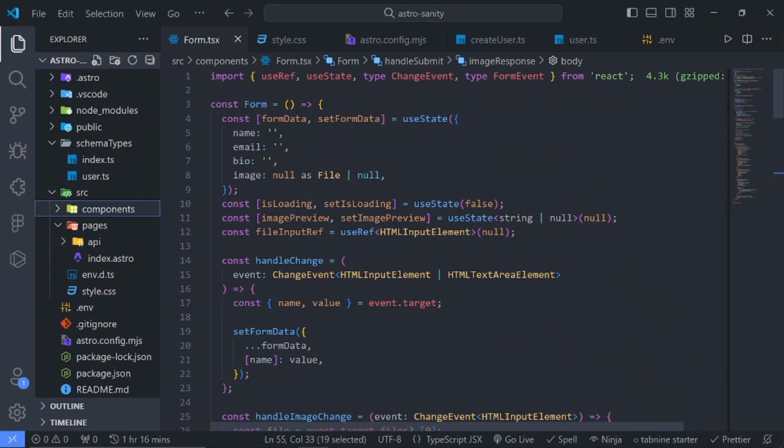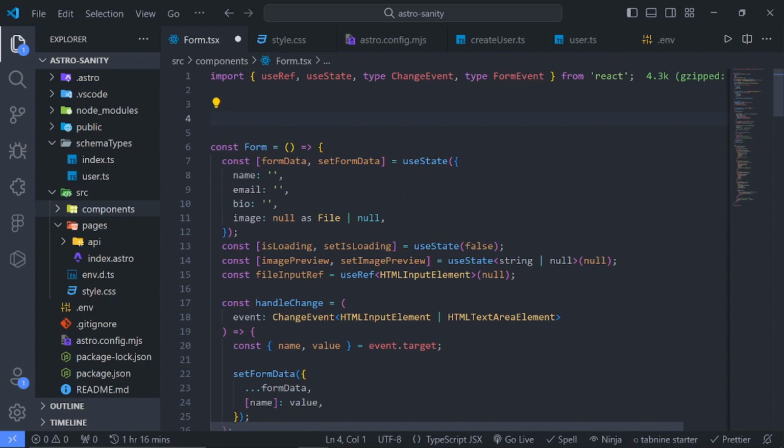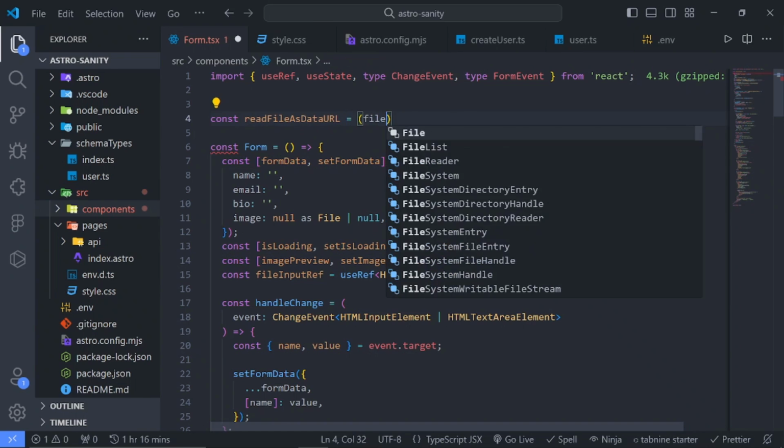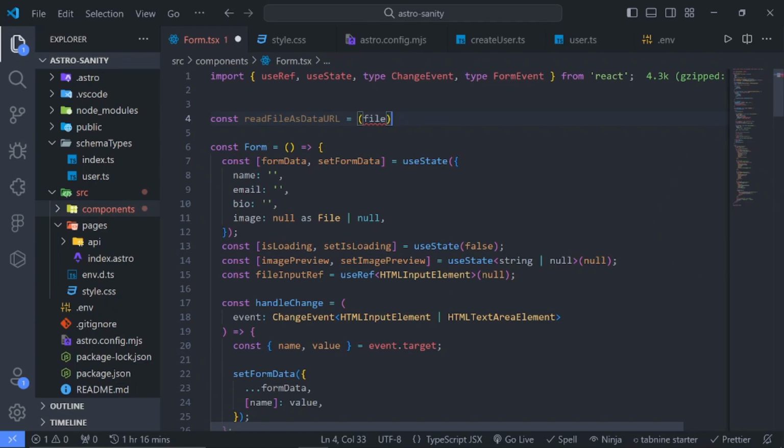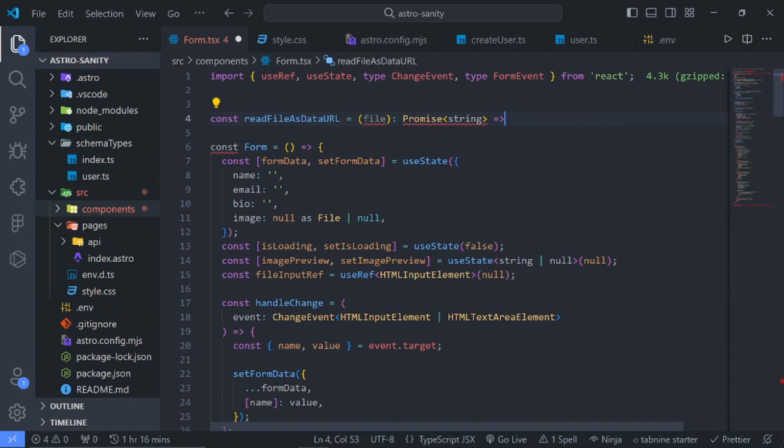But in our case, I will just do this outside the form, and I'll call this read file as data URL, and this is going to take the file, our actual image, and we also set this to a promise which will return a string,